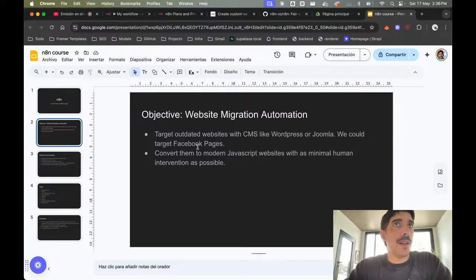This was an idea from a friend of mine, Adrian, and I think it makes a lot of sense. There are probably thousands or millions of Facebook pages where people don't build a website because it's too tricky or expensive, but it's an interesting idea. And then convert those sites to modern JavaScript, for example, with as minimal human intervention as possible.